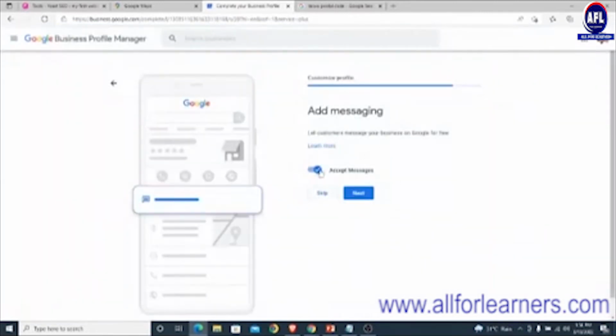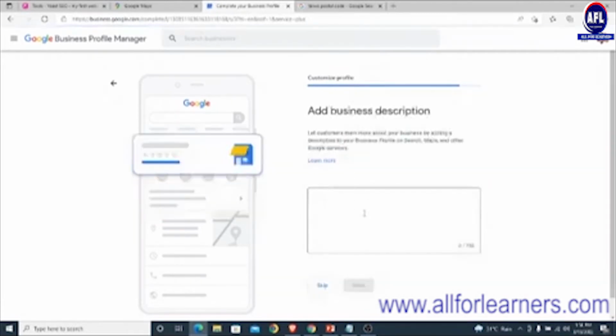Then the next one, you can accept messages. It means that people can send you instant messages directly to your Gmail account. Alright, so click on next. So right here, this is where you write a short description about your business. Alright, so right here you can just say